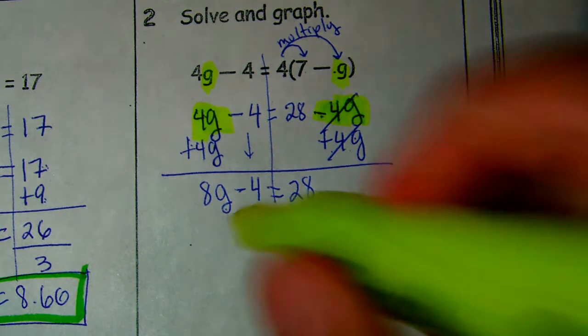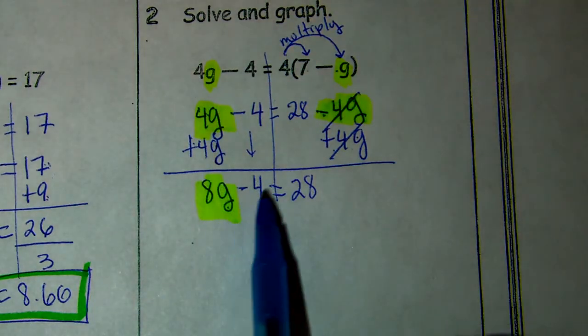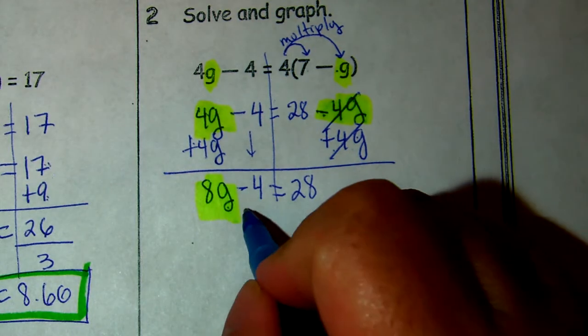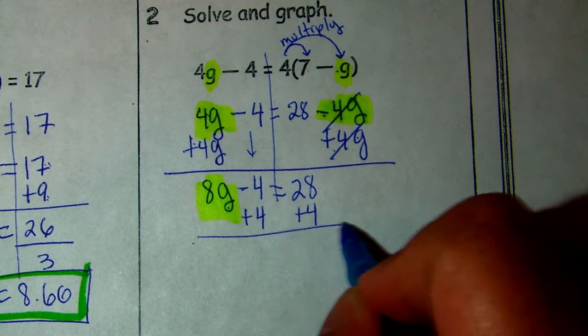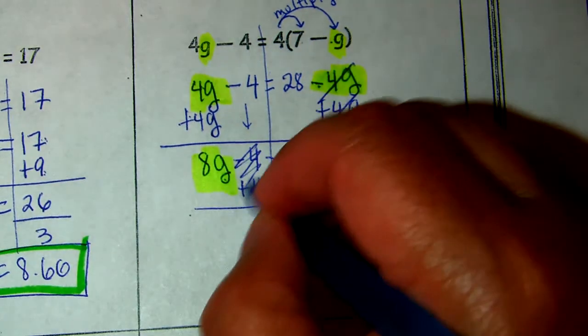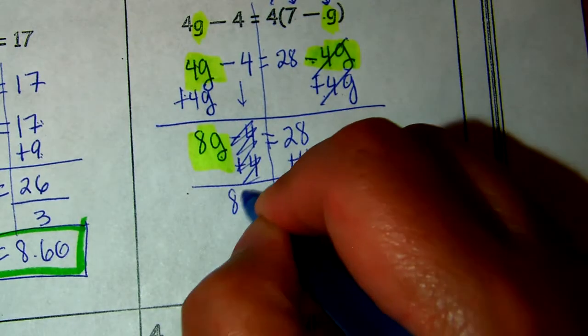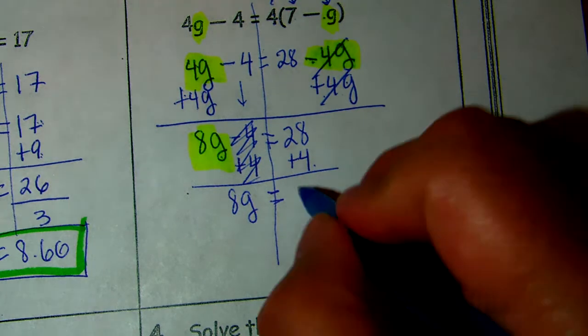I'm solving for g, don't forget. But I still see this number on this side. I don't want it there. So I'm going to add 4, and I add 4 on the other side. Remember our line. So these two get canceled. Bring down the 8g, bring down the equal, and 28 plus 4 gives me